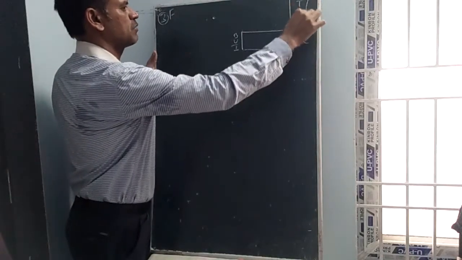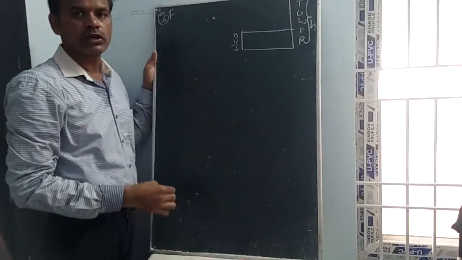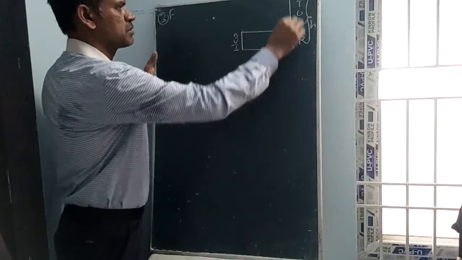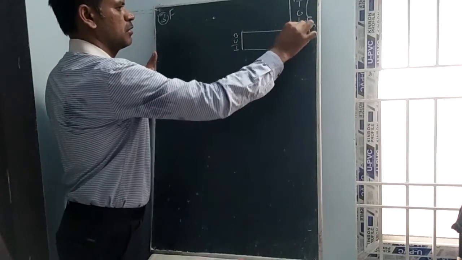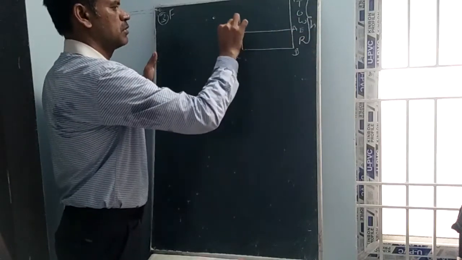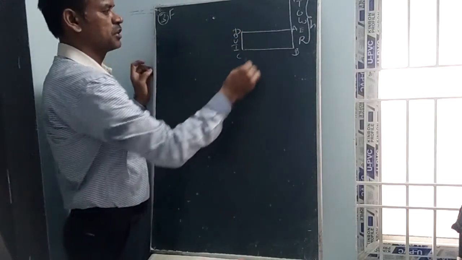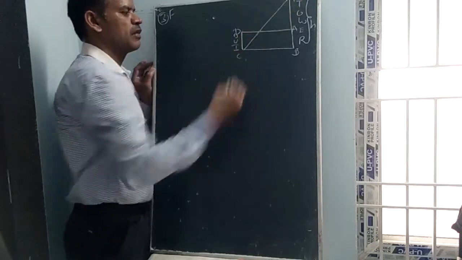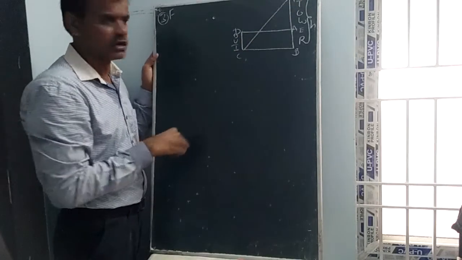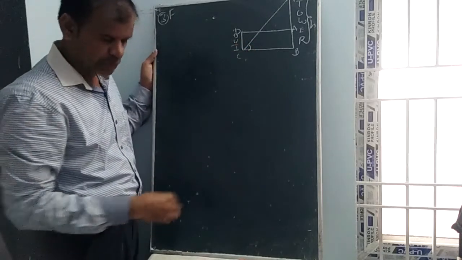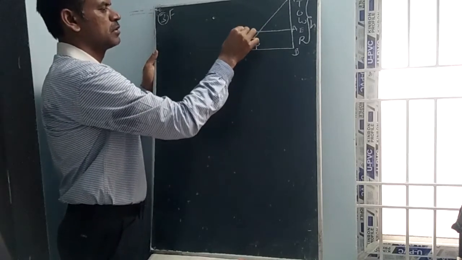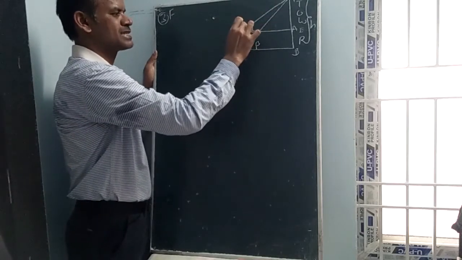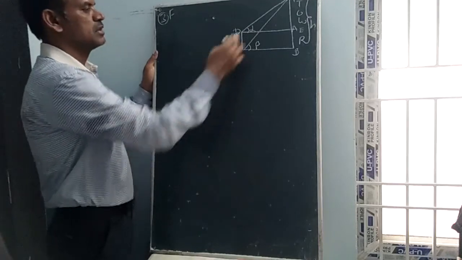So the total height of the tower, let it be h. Here is an observation point; let the points be T, A, B, C, D. We put the names from C. From C means the angle of elevation from the bottom of the building is given as beta, and the angle of elevation from the top of the building is given as alpha. So this is the lesser angle, this is the greater angle. This is alpha and this is beta.